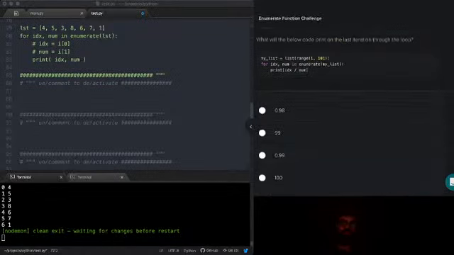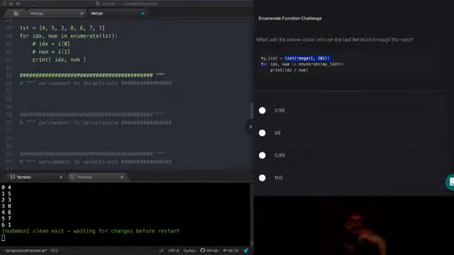What will the below code print on the last iteration through the loop? For index and num in enumerate my list. Okay, so the indices are going to follow from 0 through whatever the length minus 1 is. They're going to actually be the indices. So this is a list of the range 1 to 100. So this is going to be 1 to 100.